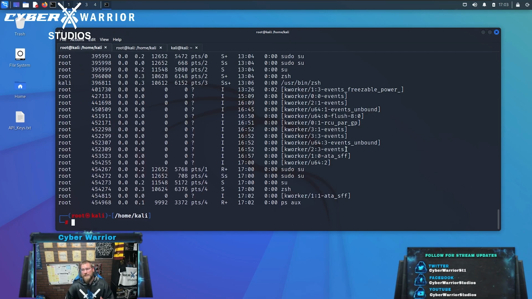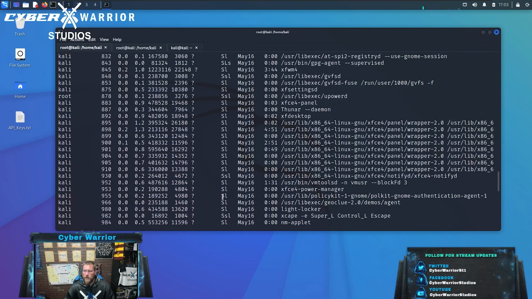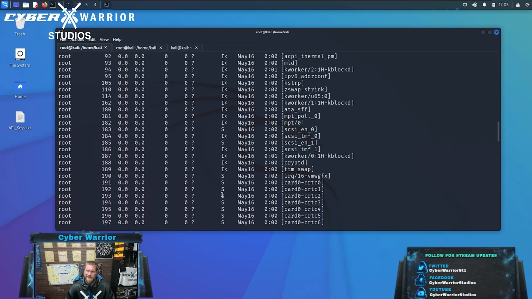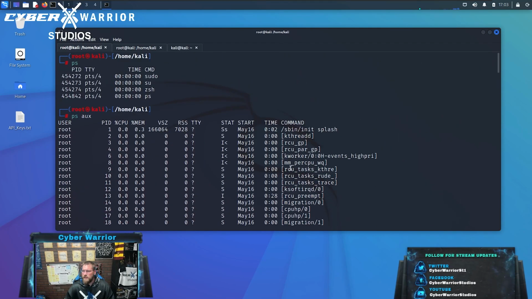PS aux, as I like to call it, is going to show you all processes in just a hell of a lot more detail. But all processes by all users, including system users, as well as the command time, when it was started, the CPU percentage, the memory percentage, shows you all this information. So if we really want to look into it,